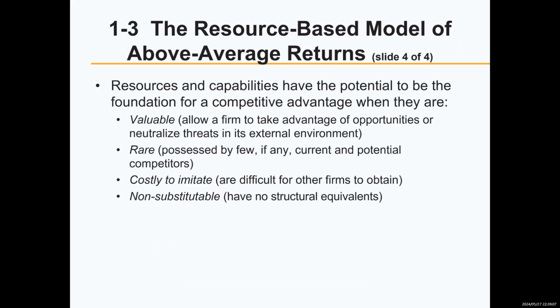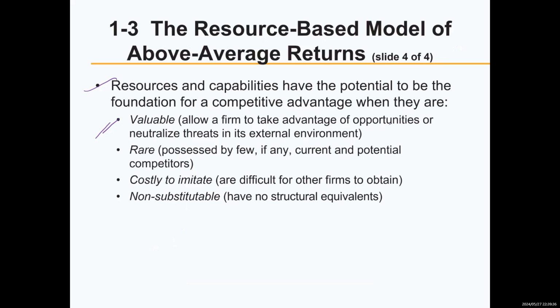Sorry about that. So resources and capabilities have potential to be the foundation for competitive advantage when they are, number one, valuable, which means resources are valuable when they support taking advantage of opportunities and neutralizing external threats,